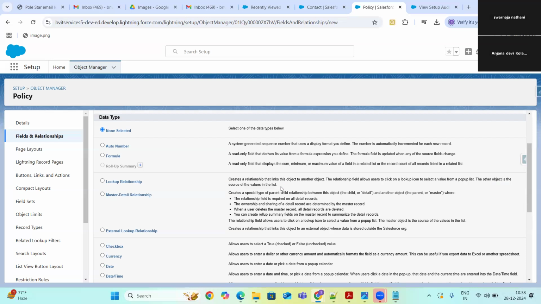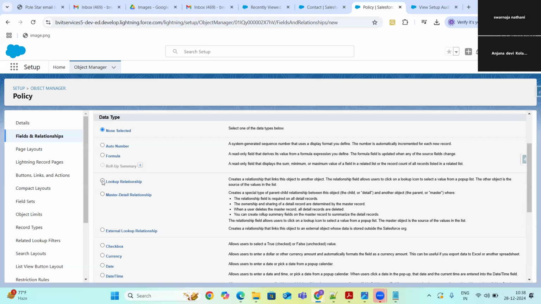That is what they are going to explain here, guys. Create a relationship that links the object to another object. So here we are linking a policy and account. The relationship field allows the user to click on the lookup icon to select the value from a pop-up list.